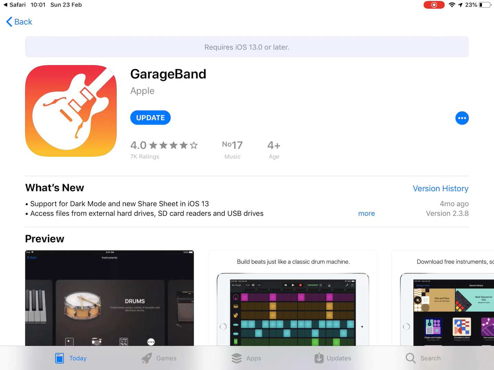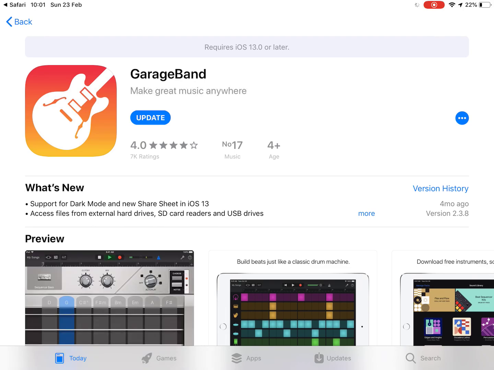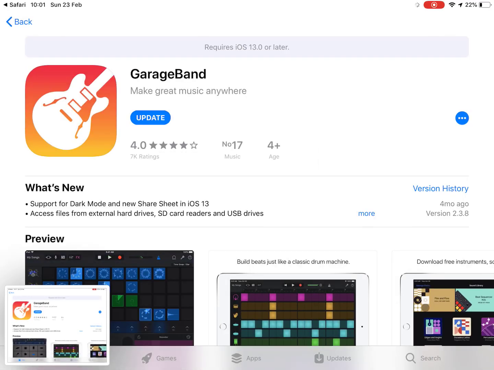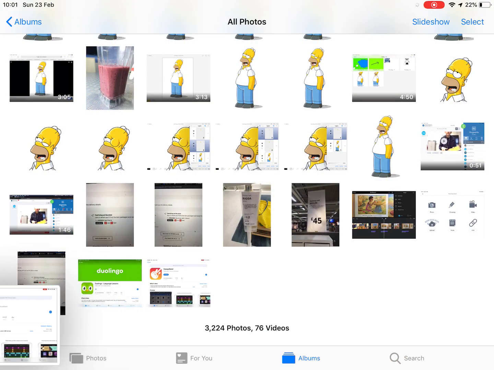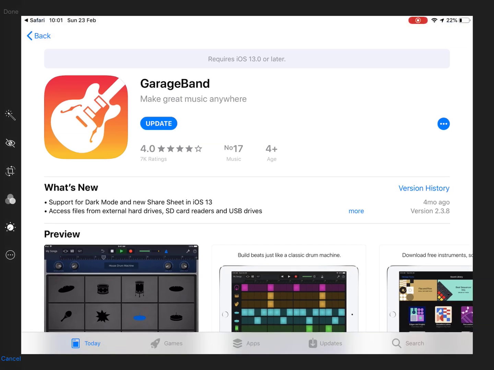Right, this is perfect. So I want this GarageBand icon picture, so I'm going to take a screenshot of this. And then come out of here, go into my photos, got the picture there. So I can tap on the picture I just downloaded, choose edit, and now choose the